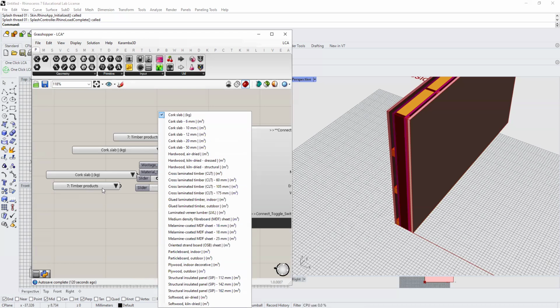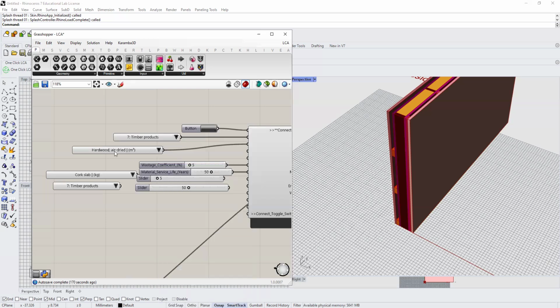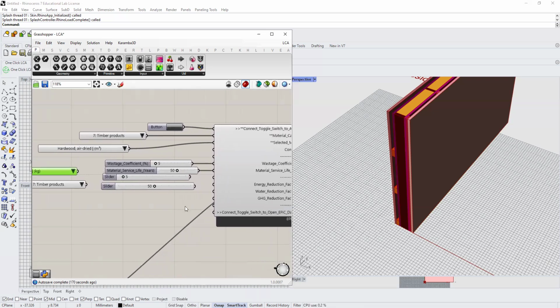The good practice is to just search a little bit about that particular product and see if that type of wood cladding is considered to be a hardwood or a cross-laminated timber. There are thousands of products out there, but in some terms they're very close in terms of mechanical, physical and chemical features. So you can see if, for example, that product is a hardwood air dried or kiln dried, is it structural or what? So I will, for example, go with hardwood air dried, and then